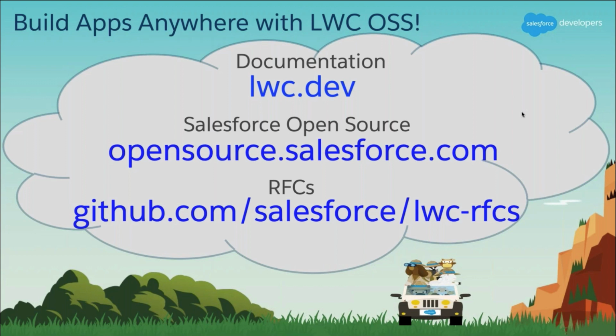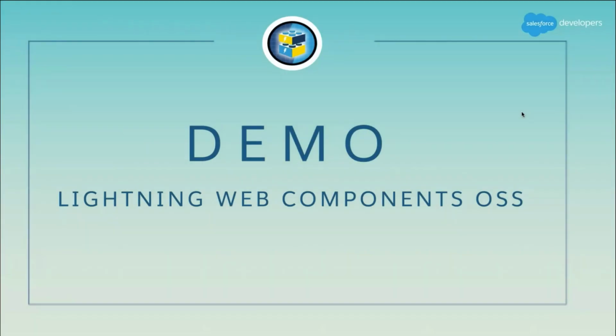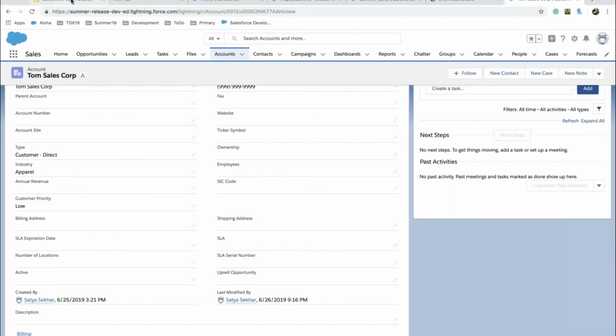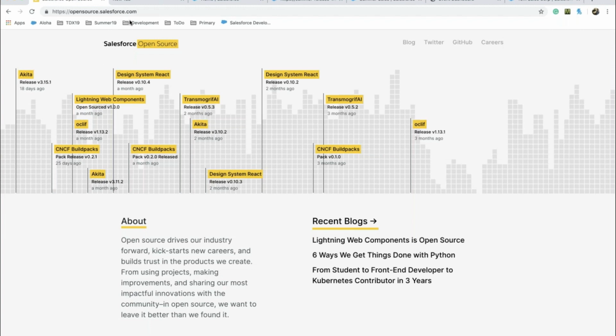All right, so Satya, do we have any demo where you can quickly show us about the Lightning Web Components? Yes, let's see a quick demo on Lightning Web Components. I want to start with the open source because I'm more interested in the open source concept here. So this is the slide. This is the website,